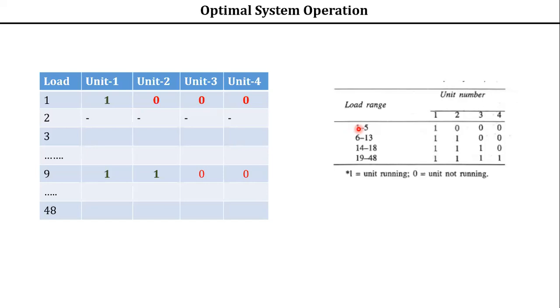So there are a lot of programming codes. You can even write a programming code. Just give the input, number of units, load and so on, and it should give the best combination with this table. Finally, it should display this table. Such programs are available now. Even as a hobby, if you want to write a program, you can write it and show it to me for the unit commitment table.